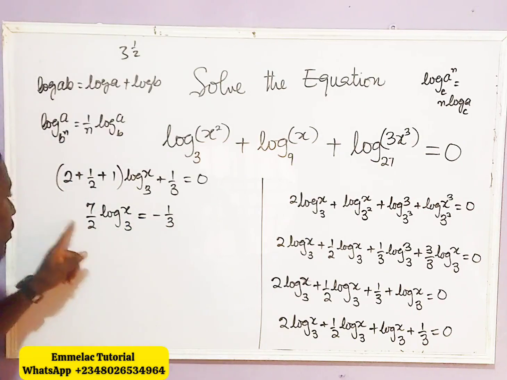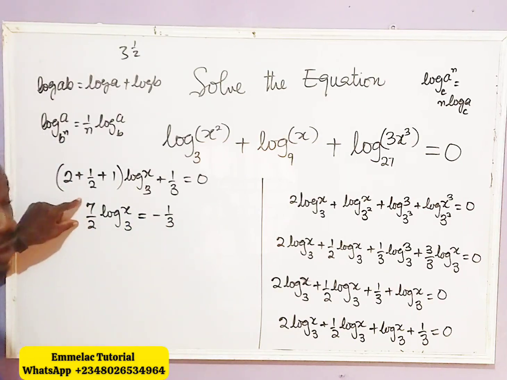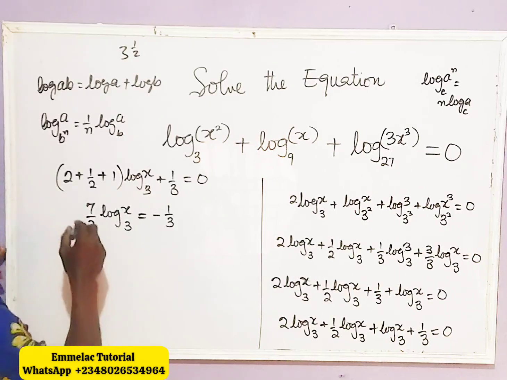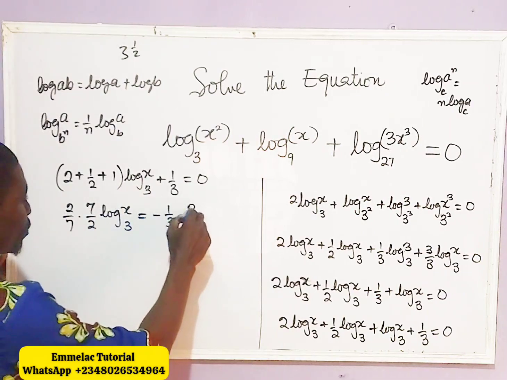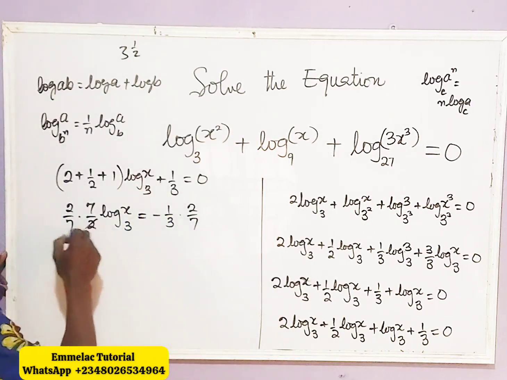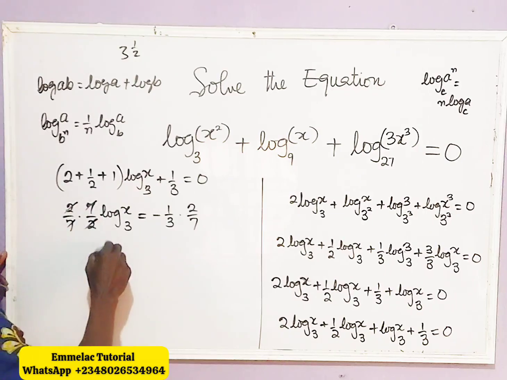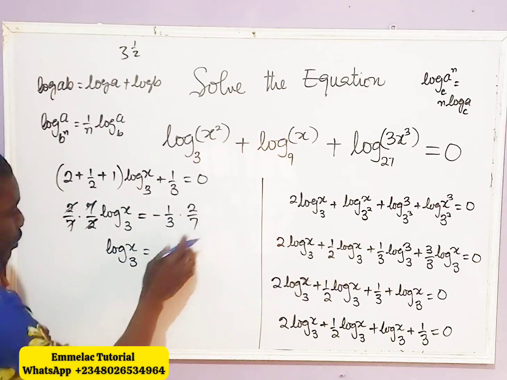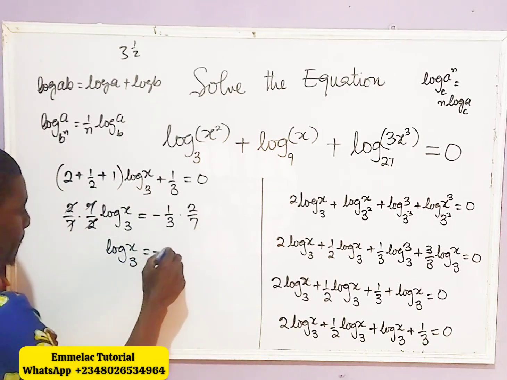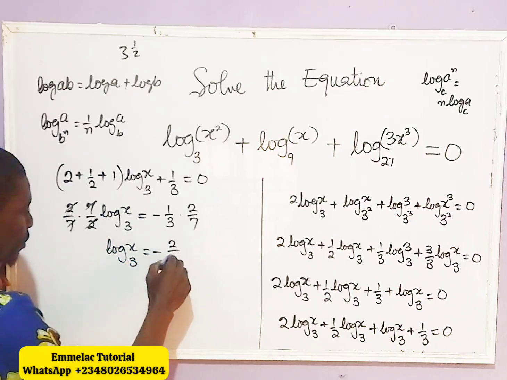Now let us multiply both sides by the reciprocal of 7 over 2, and that will be 2 over 7. This cancels this. You are left with log x base 3 equals, multiplying through, minus 2 all over